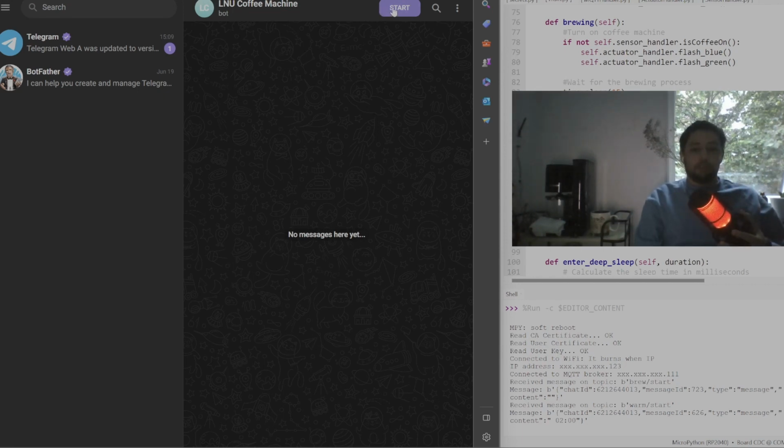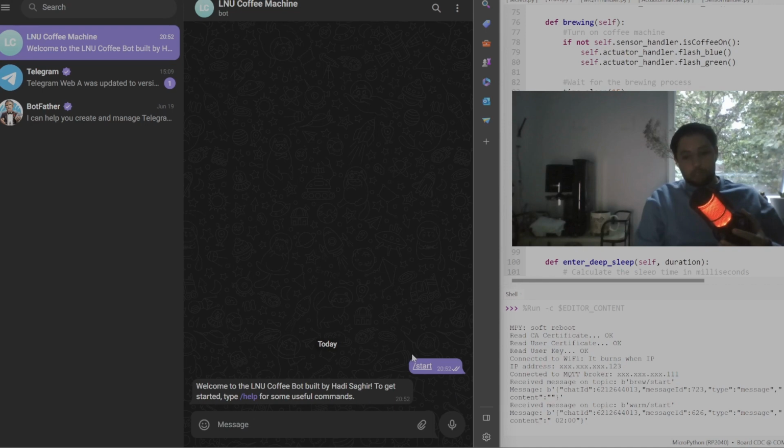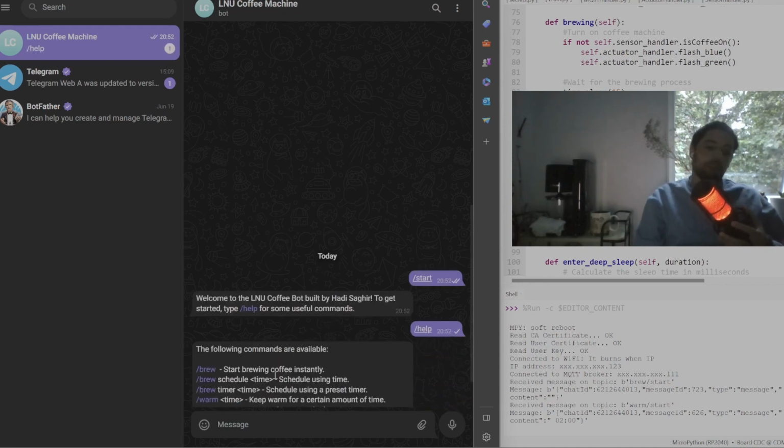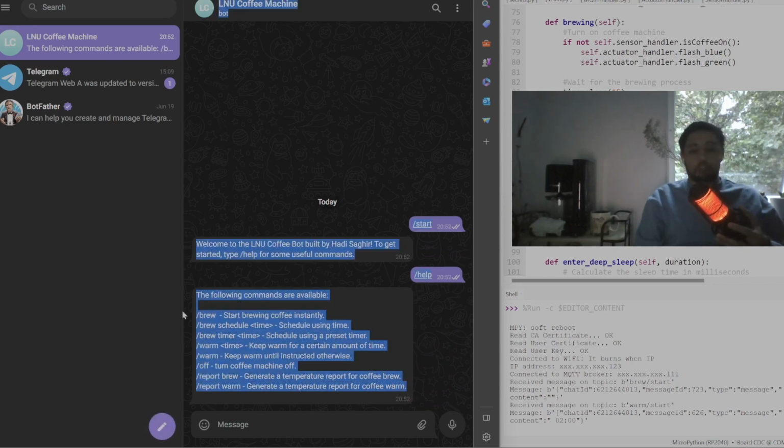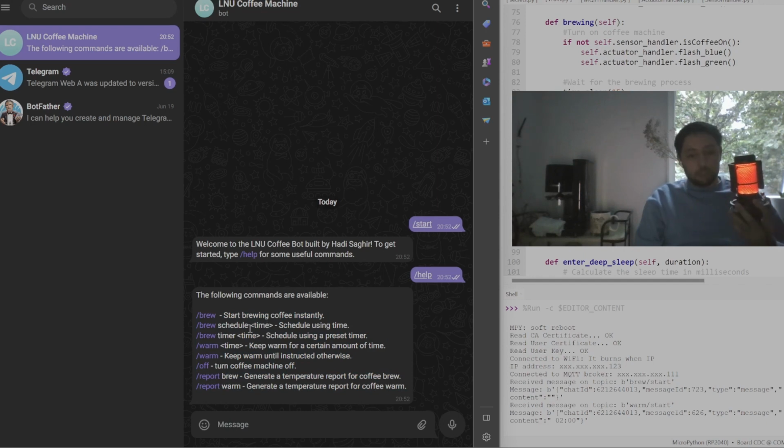I've used for the server, and then a way to communicate with the coffee machine and the database. So, /start, /help, we get a couple of commands. These are the functionalities that I've implemented. Brewing, and then as well a couple of additional stuff such as scheduling it, timer. Sometimes you want to brew for a certain amount of time, which is basically brew and keeping it warm. And then you want to warm and keep the coffee machine warm, and off to turn it off, and